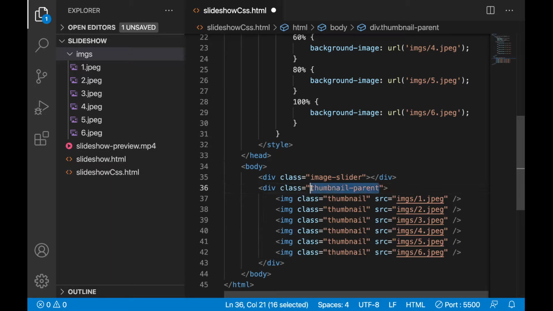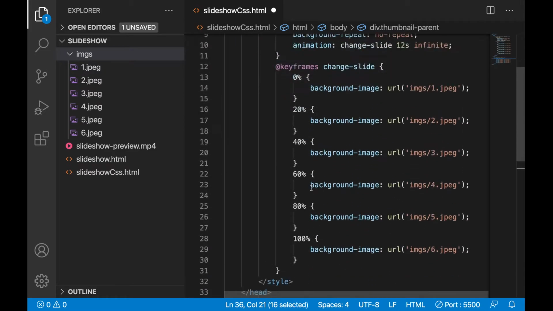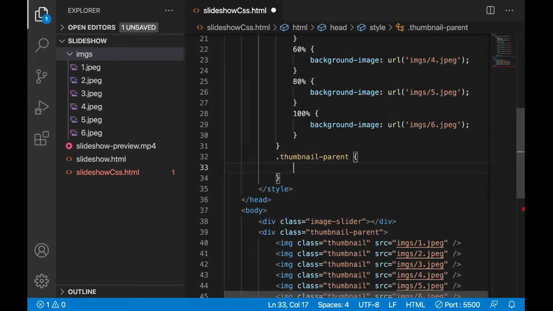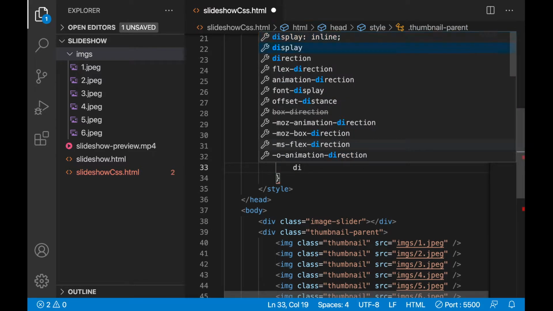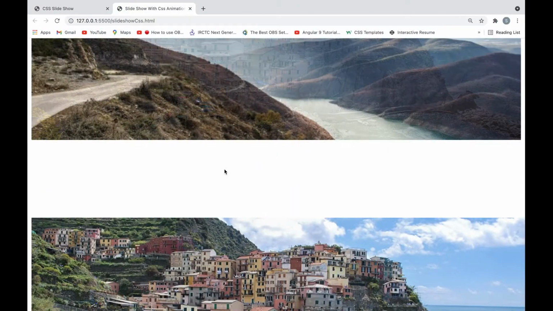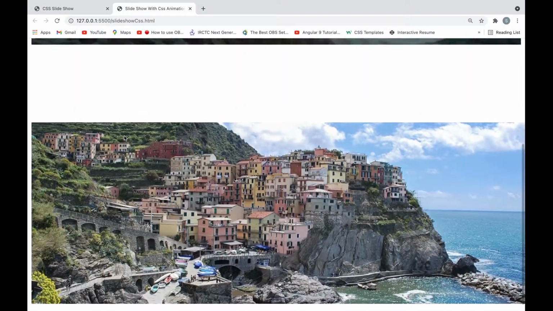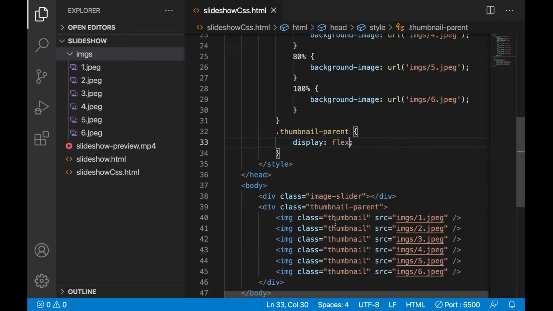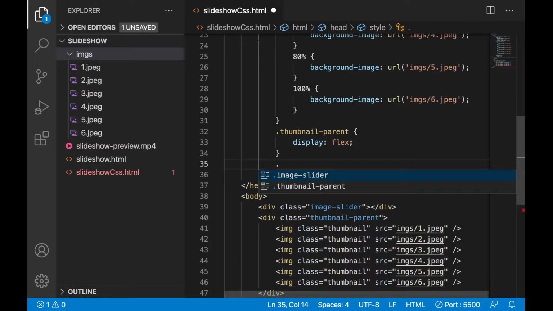I have given this class to the parent, so let's use this for CSS purposes. We can simply make it display flex, then all children will come side by side. If you see, still it is not coming, because we need to give the width of this one. The width is very big, that's why it's not coming side by side.